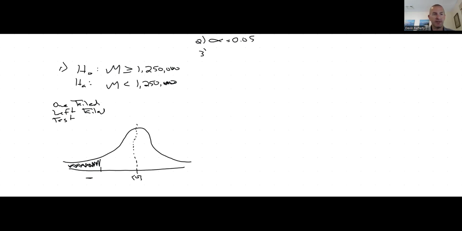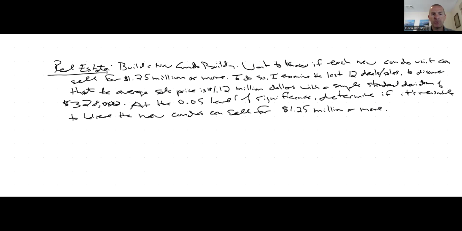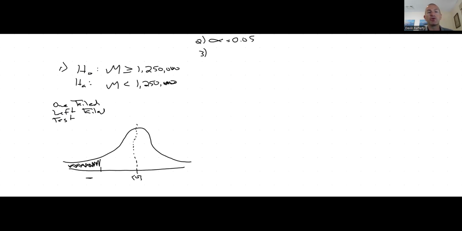That's what I said. I said it right in the setup, right? I want to know at the 0.05 level of significance. Okay. So I then move on to step three. Step three is choose your test statistic formula. Okay, test statistic formula. There is one and only one question you ask yourself when you are trying to determine